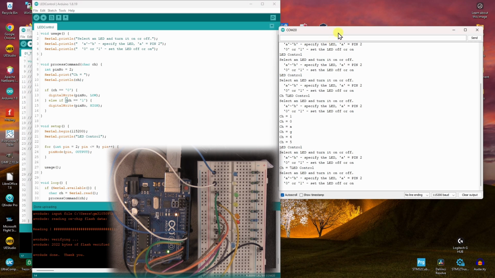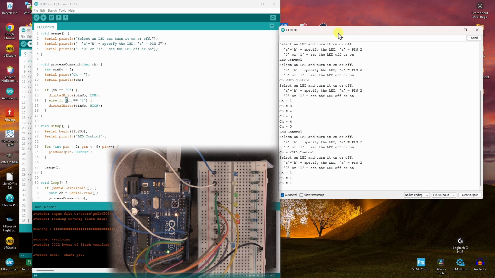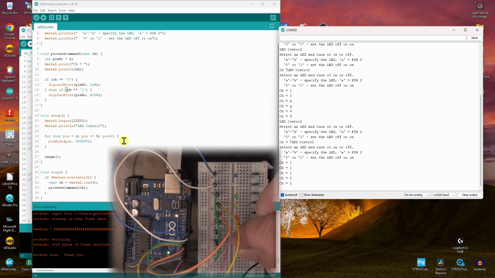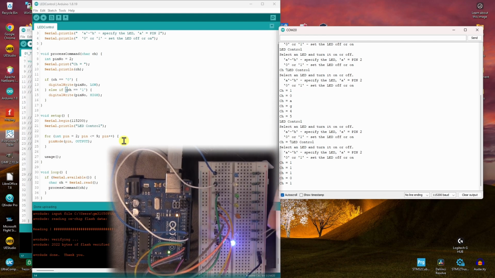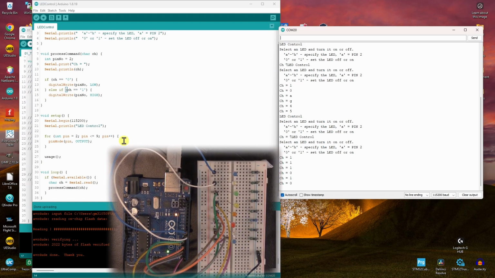Okay, so this time, if I type in the 1, you should see pin number 2 light up, and it didn't. Okay, silly me, I had the LED in back to front because of something else I was doing and I didn't put them back in properly. But now it's working. So if a 0 or a 1,